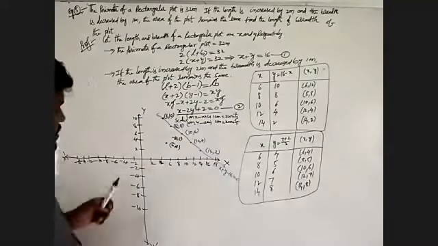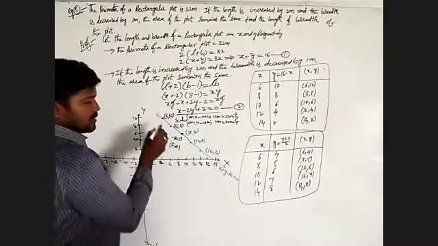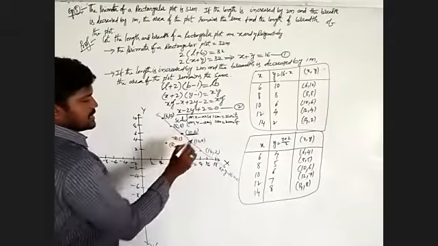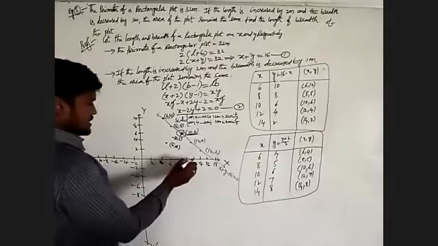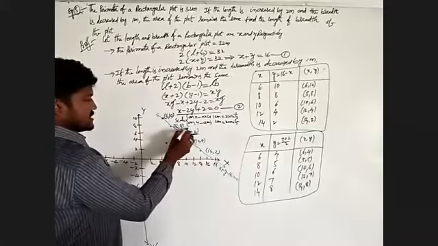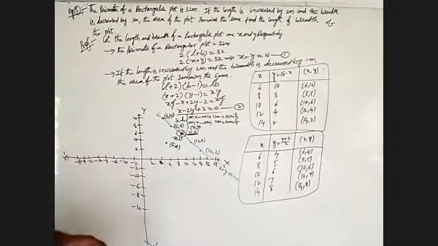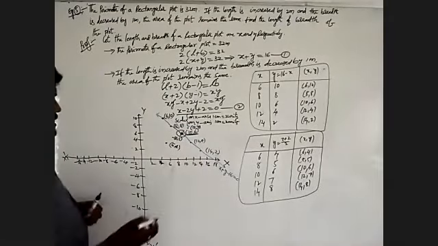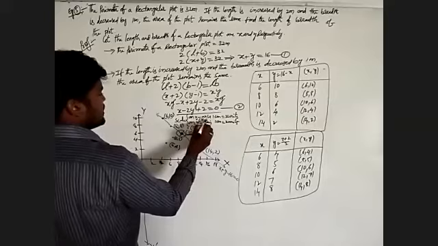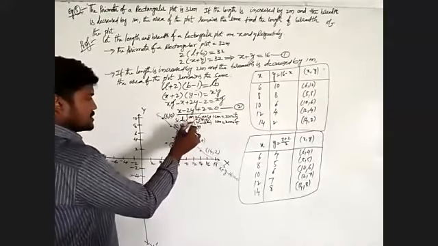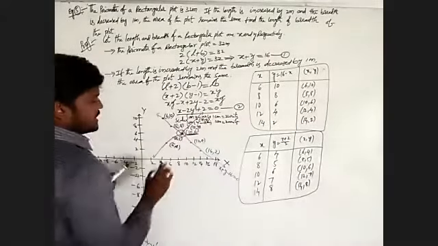After that we take 10 comma 6. This is 10, this is 6. 10 comma 6 is already plotted in the previous points, so this is a repeated point. The remaining one is 12 comma 7. This is 12, and 7 lies between 6 and 8. So we take 12 comma 7. After that we take the point 14 comma 8. This is 14, this is 8. The points can be plotted using a scale. Then the intersecting point is 10 comma 6.